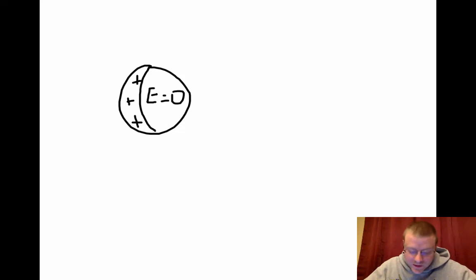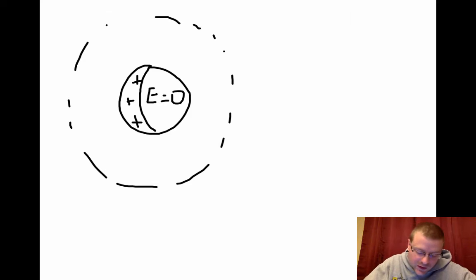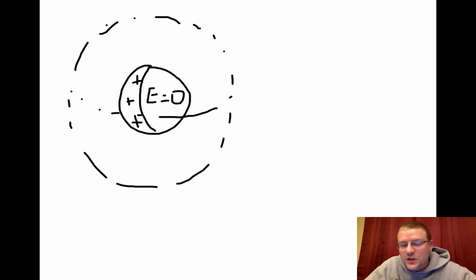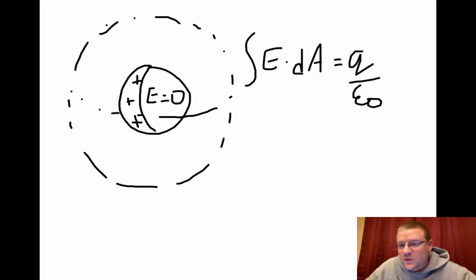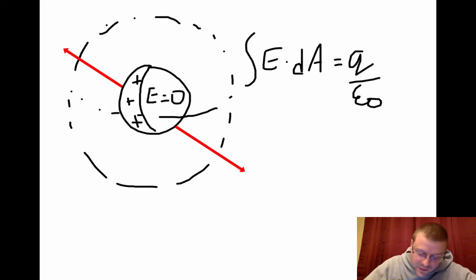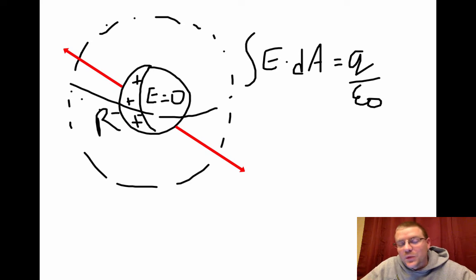So we know the electric field is 0 inside, but if I surround the sphere with another Gaussian surface on the outside, we've already shown that there must be electric flux. So I'm going to do E dot dA equals charge enclosed over epsilon 0. The charge here is positive, so I'm just going to call it Q. The electric field strength at the surface of my Gaussian sphere in all directions, if the radius of my Gaussian sphere is, let's call it R, if it's a symmetric sphere,